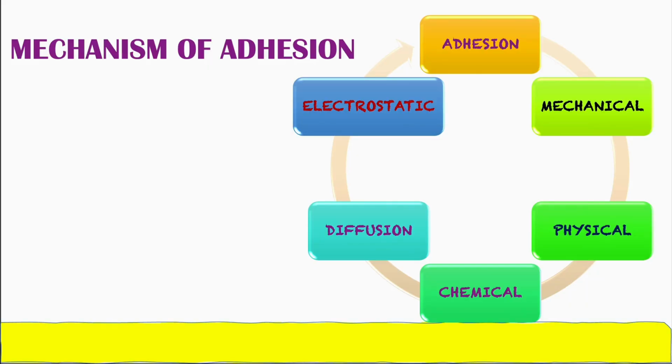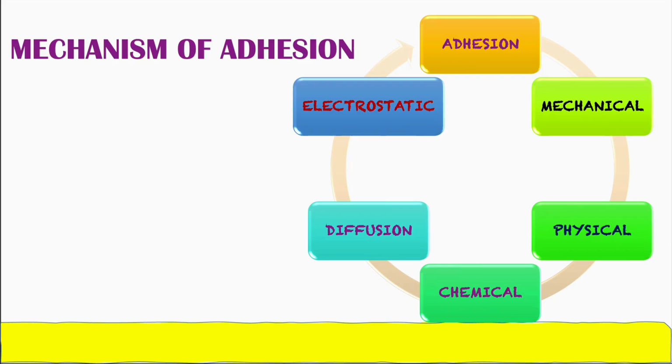So today we are going to talk about the mechanism of adhesion. What is the process which helps in binding the adhesive to the substrate, or what is the mechanism which binds the two surfaces together when an adhesive is applied in between? Adhesion can basically occur due to mechanical interaction or mechanical bonding, which basically involves the interlocking of the